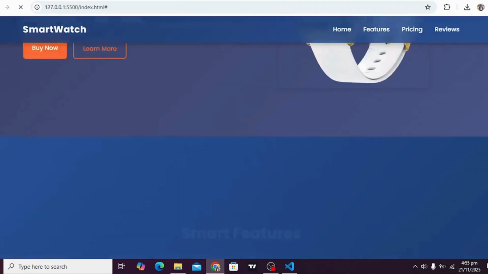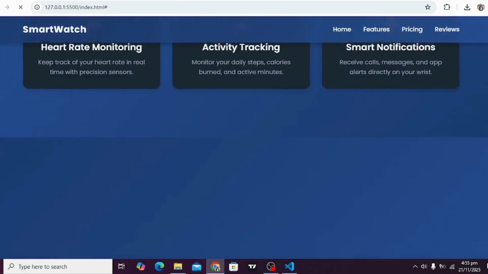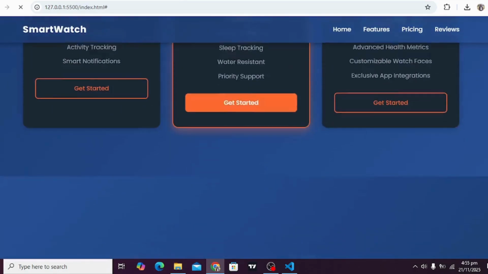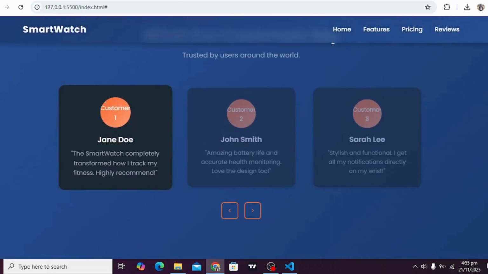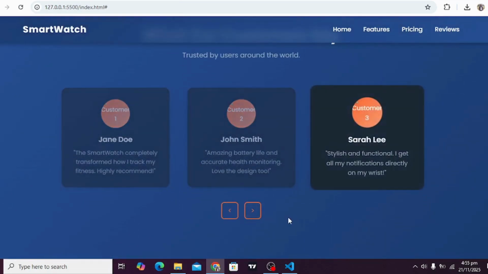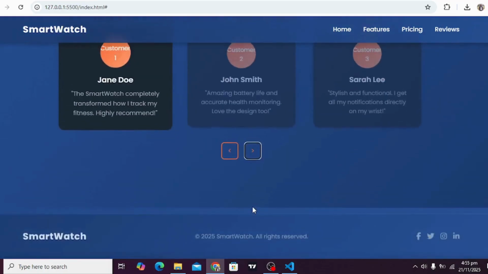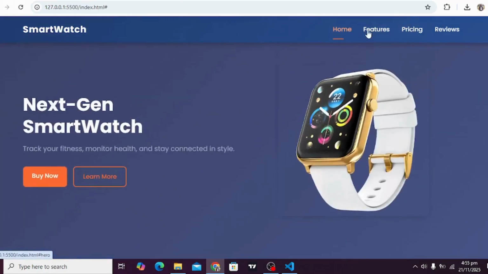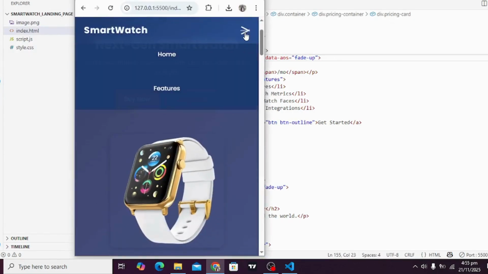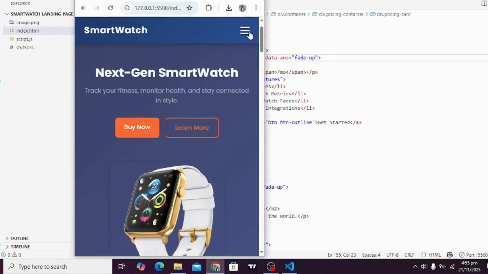Hello everyone. Today we are building a clean and modern landing page for a smartwatch using HTML, CSS, JavaScript and animations with AOS. The cool part, we will do this in ChatGPT-assisted, line by line vibe coding style. I will show you exactly how I use AI to speed up development while still writing clean, professional code. By the end of this tutorial, you will have a fully responsive, modern landing page that's ready to impress. And you will see how AI can make coding faster and smarter.